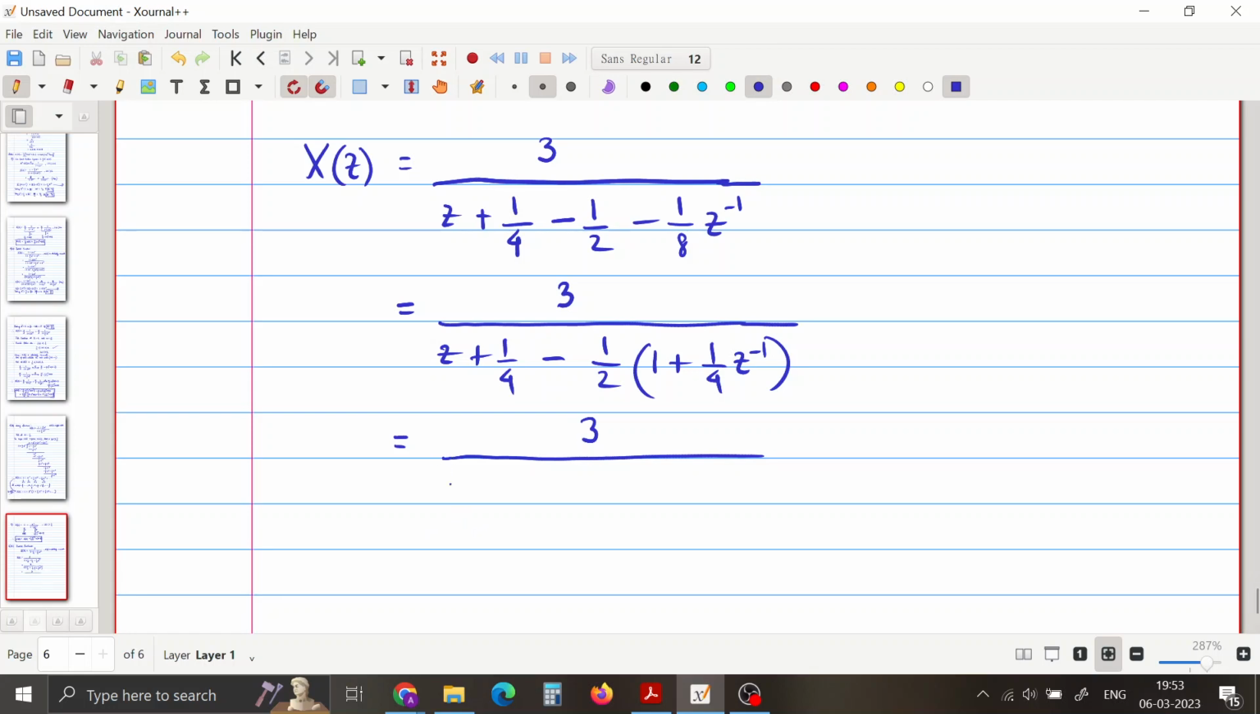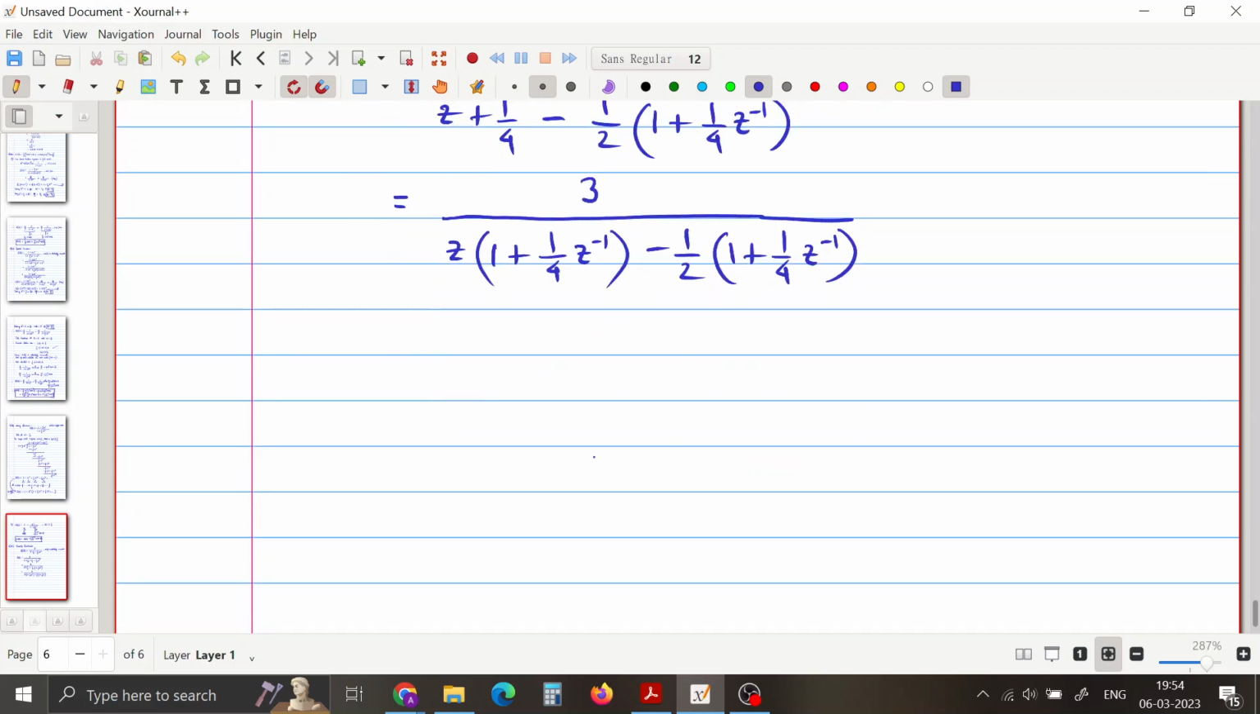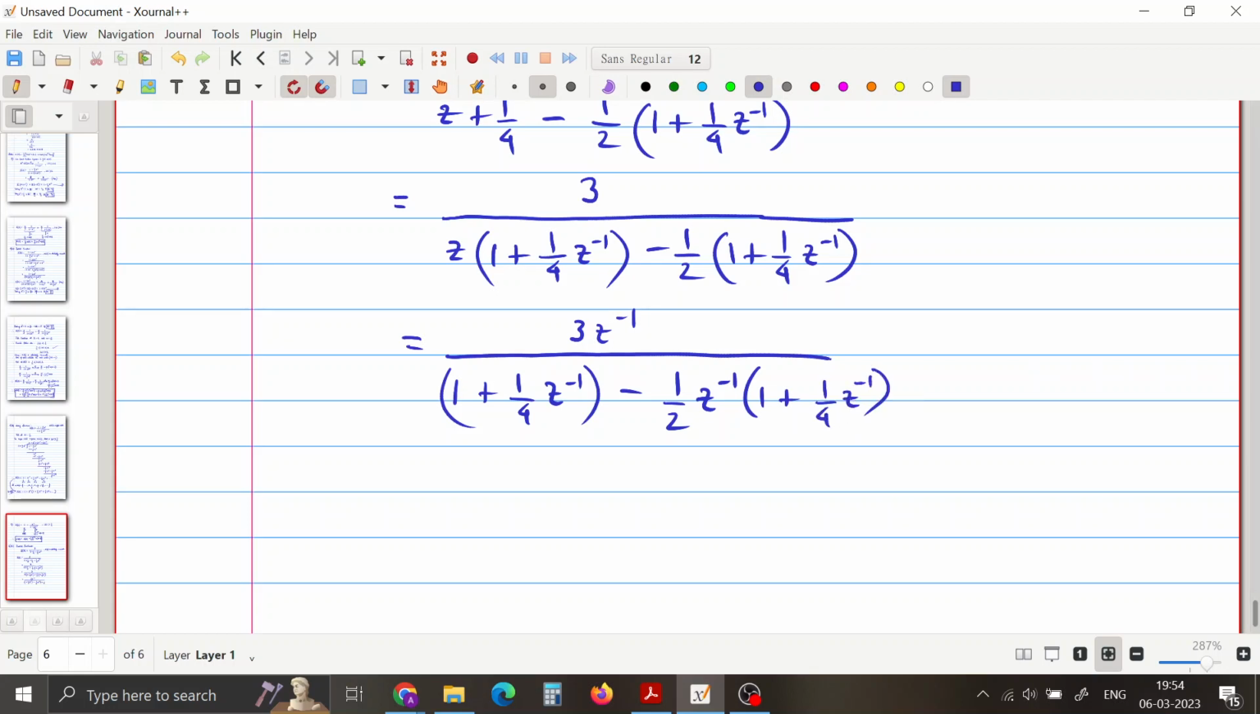so for the first term here in the denominator z plus 1/4, I can also take z common, 1 plus 1/4 z inverse, minus half 1 plus 1/4 z inverse. Okay, so you get, I can multiply z inverse in the numerator and the denominator. So I get 3 z inverse, so I get this,